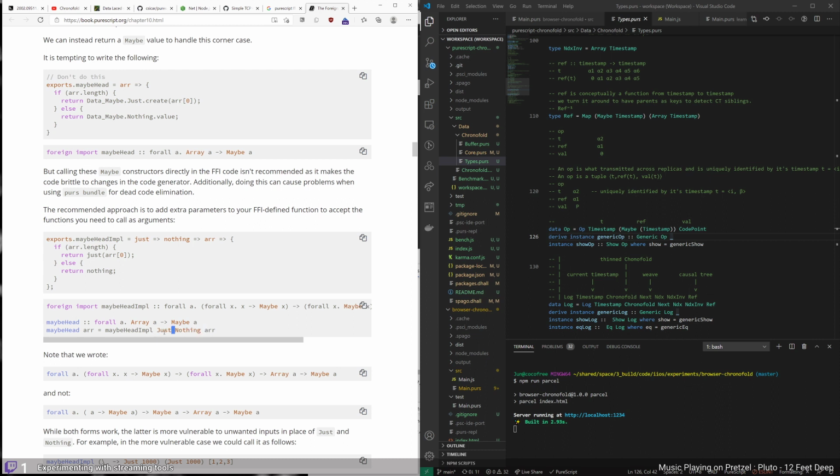Well, in fact, Just as a function and Nothing as a term that we return directly. Right, so it means that